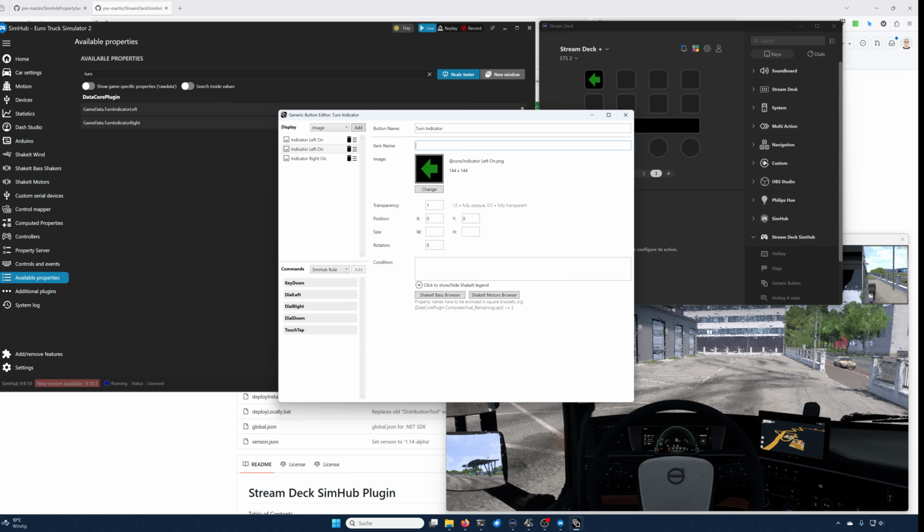Turn indicator left off. Give it a transparency of 40% or visibility of 40%. We apply the same translation. That was minus 1027. Size was 90 by 90. Let's make it. So this one is our turn indicator off, and we want to show it